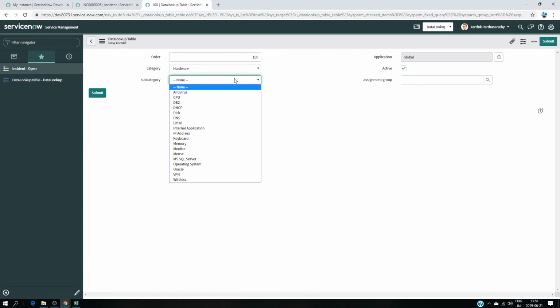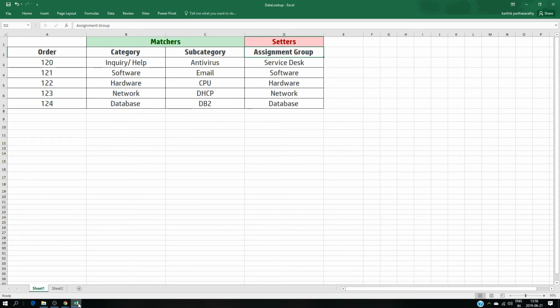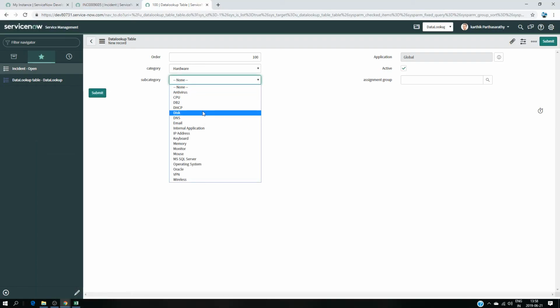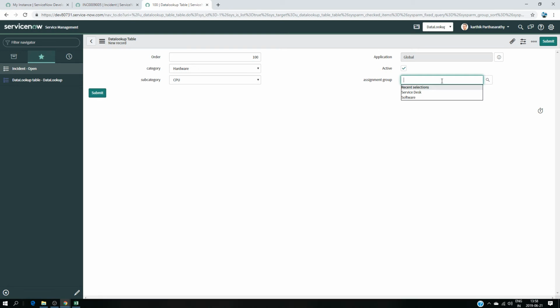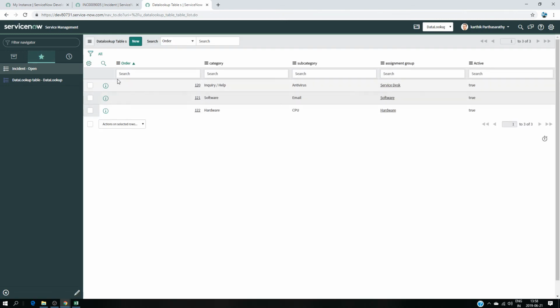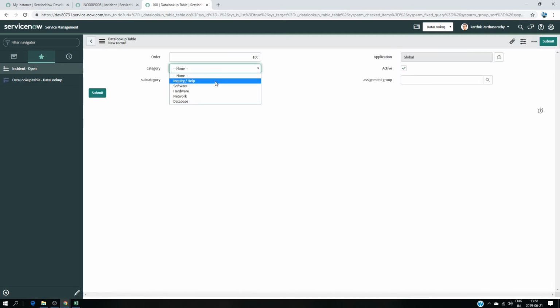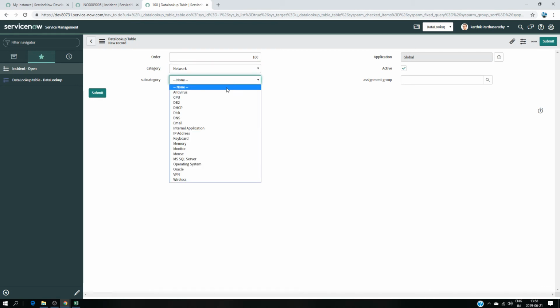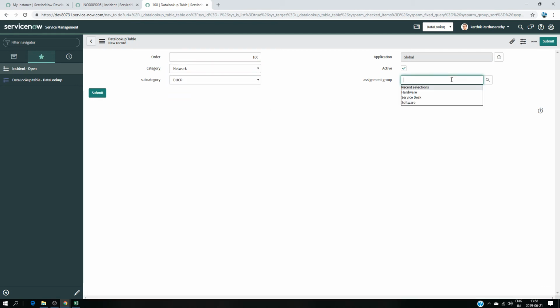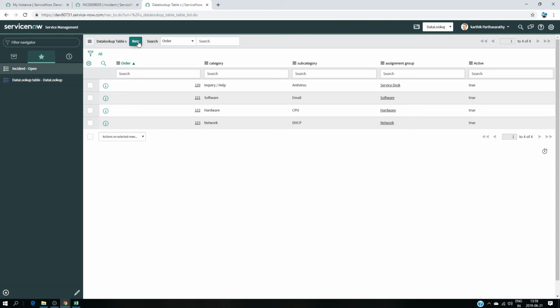It's going to be hardware. It's going to be CPU. Okay, and here it's going to be hardware. Let's see if it's going to give me hardware or not. Great. So it's going to be 122. Perfect. I'm going to do another one. This time it's going to be network, and I'm going to choose DHCP and network basically. Okay, and it's going to be 123. And the third one, the last one,